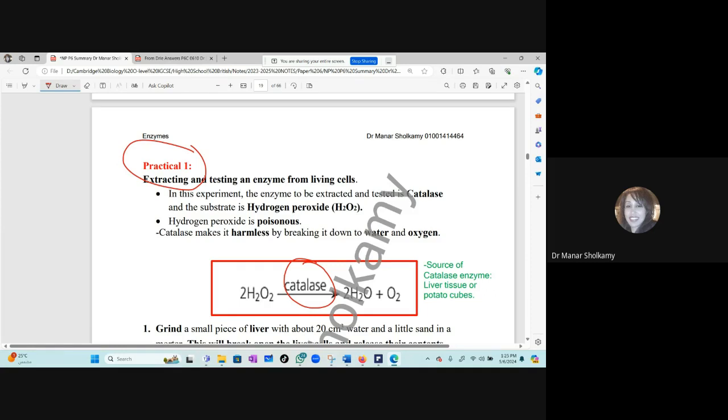Okay, whether a piece of kidney or a piece of leaf or a potato, fine. So this is a very common experiment. I'm sure you saw it a lot now. You're answering questions. We will test the presence or the different effects of temperature and pH on the catalase enzyme. This catalase enzyme will break down hydrogen peroxide